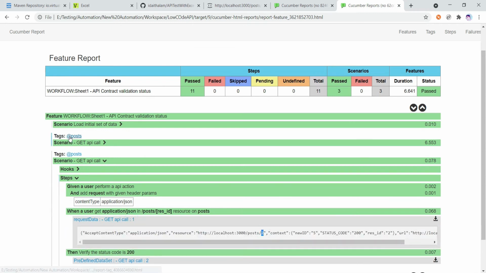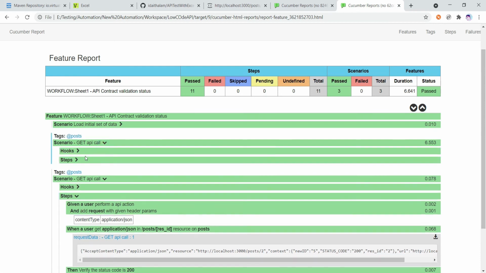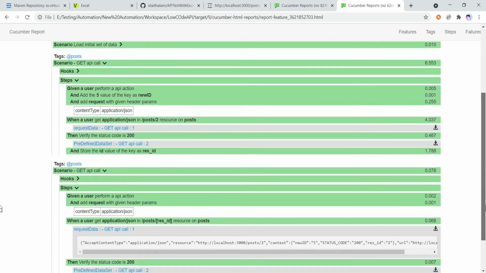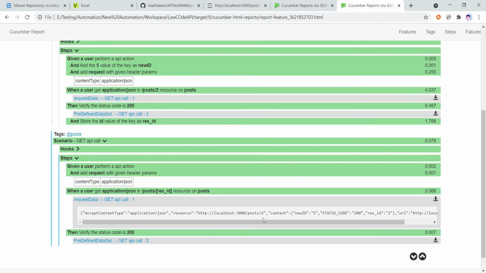For the first step, if I open this, you can see that they clearly mention: store the ID value of the key at res ID. So they store the ID, which is 2, in this res ID, response ID, and I pass that response ID on the URL, and I'm getting this result. So all has passed.